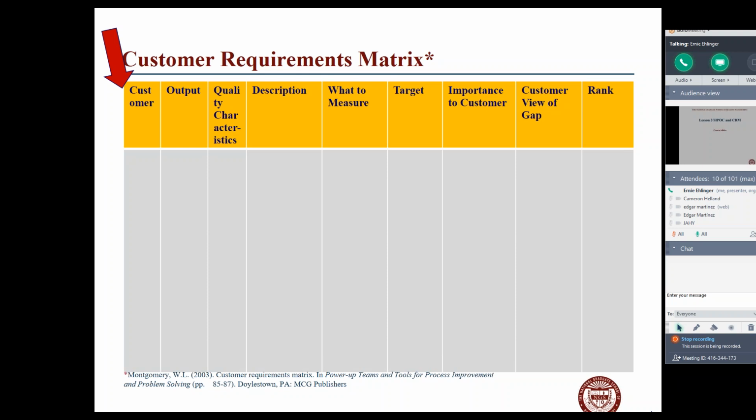And in their view of the gap, in other words, this to me is really a 5, but I think you guys are operating at like a 3 level. It's kind of subjective, but you're getting some idea not only of what's important to them, but the priority of that. And it allows you, when you go through your project, to say we really need to satisfy things that are really important to them, right? In regards to that product or service.